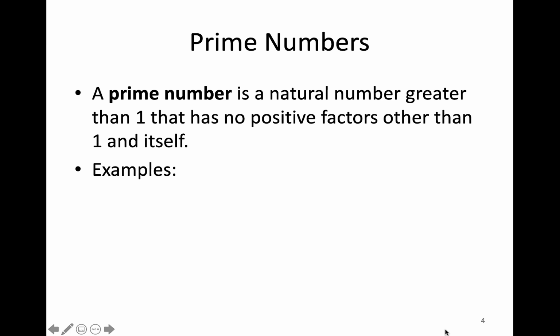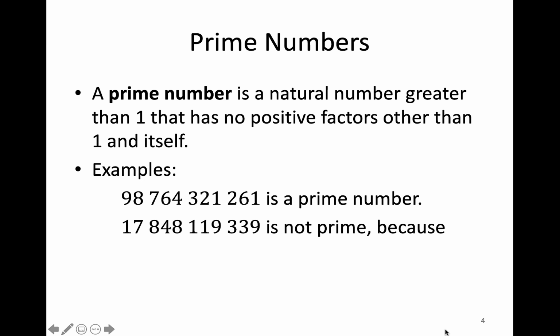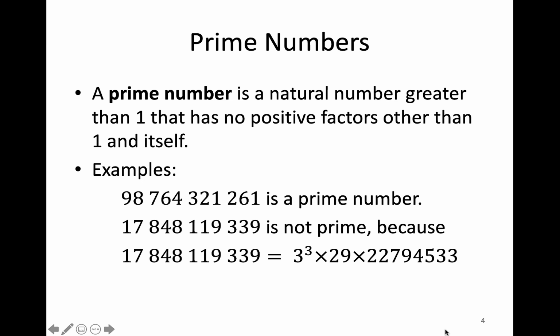For example, 98,764,321,261 is a prime number because it has no positive factors other than 1 and itself. On the other hand, 17,848,119,339 is not a prime number because it can be factorized as 3 cubed times 29 times